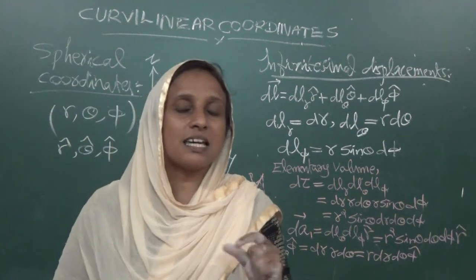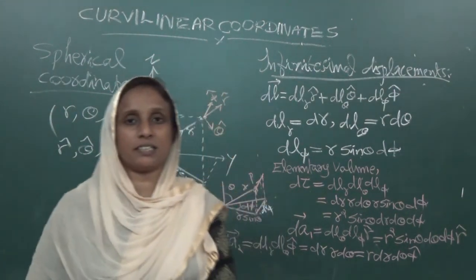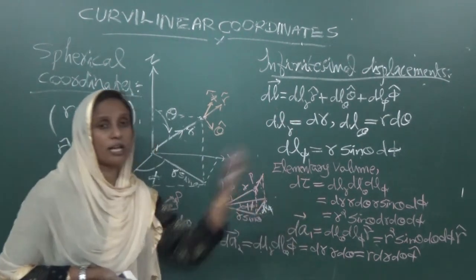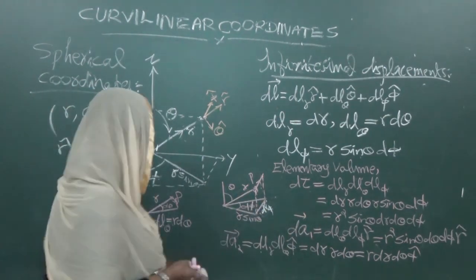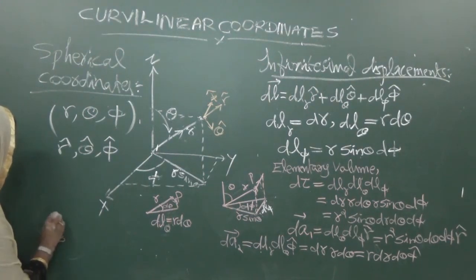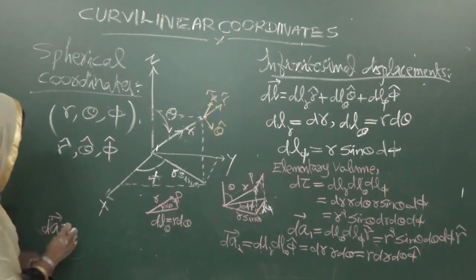Find out the elementary areal vector along this theta cap. Here you write it as along phi cap, right? If you want, you can write here the elementary areal vector dA3. It is given by